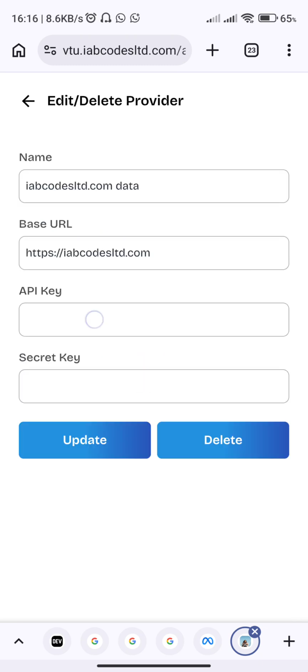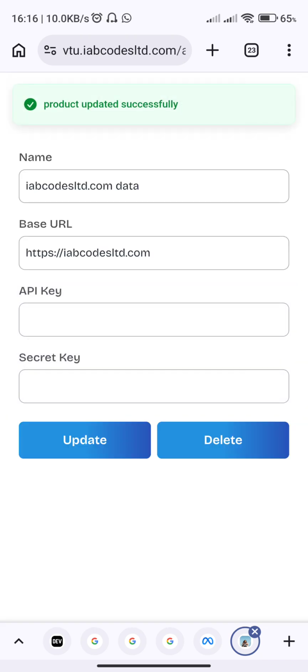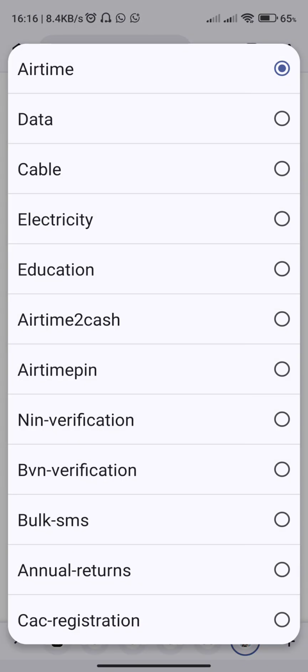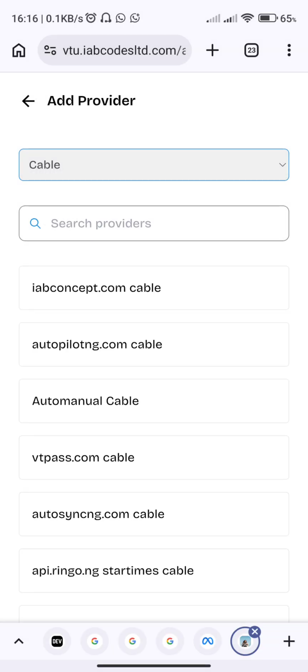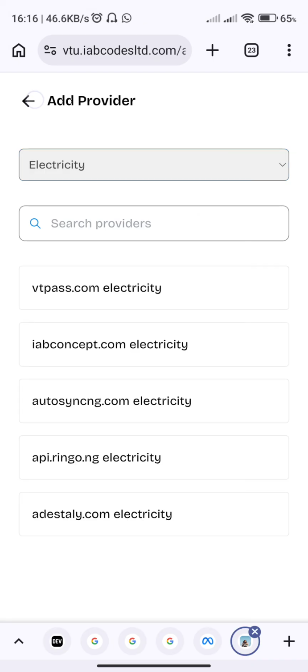Then you paste the API key here, paste the secret key here, update it. You successfully added API provider for data transaction. The same thing if we are adding it for cable transactions. The same thing if you're adding it for electricity. That's how to add